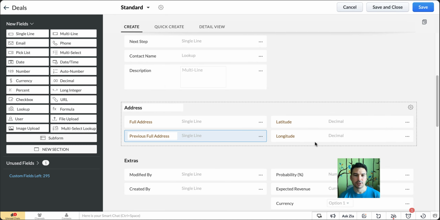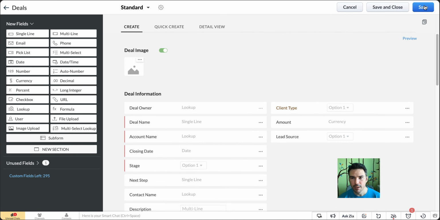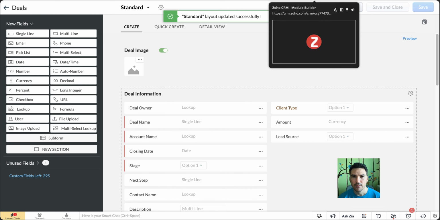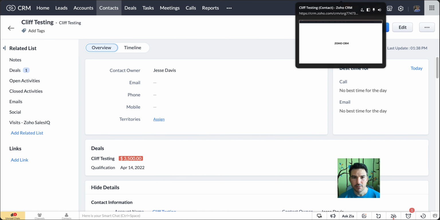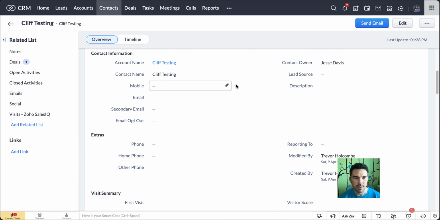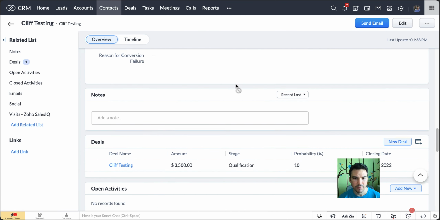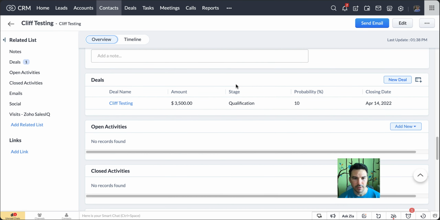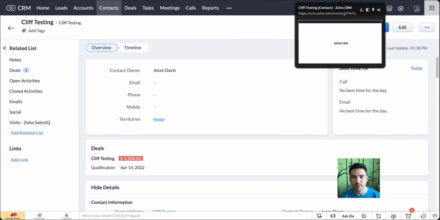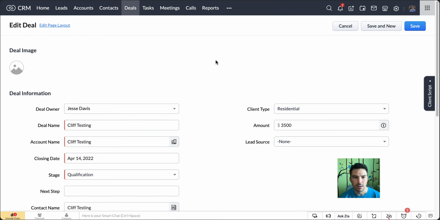Now, latitude and longitude, they're read only. You don't probably need them for a non-admin, but they're there for visible only. Okay, so that's the deal. This is the contact. Now notice in the contact, we do not have address fields. We disabled them. So we're not even dealing with contacts. And